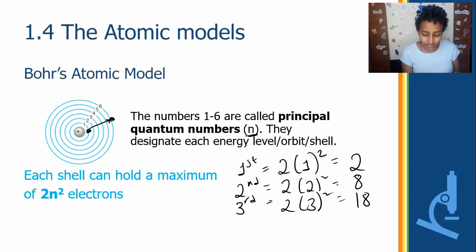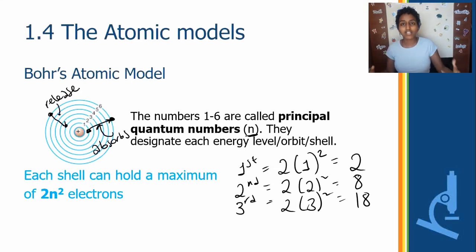So this kind of movement of an electron absorbs energy, right? So you can think in the opposite way. If I'm at a higher energy level, 6 for example, an electron comes back down to the second shell, for example, this kind of movement will release energy, all right? So in Bohr's model, it's more than just a shell, it's also an energy level that you have to consider when thinking about this atomic model.